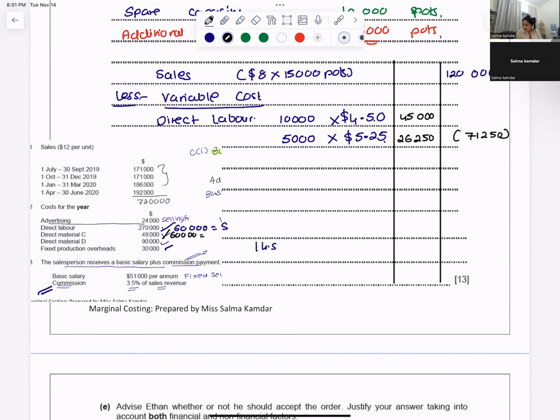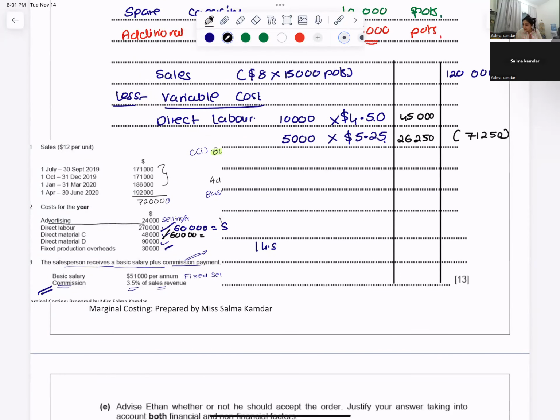Material D. Same thing. For 10,000 units, it will be different. And for 5,000 units, it will be different. For 10,000 units, we are going to be charged at a normal price of $1.50. And for the additional 5,000 units, it is going to be